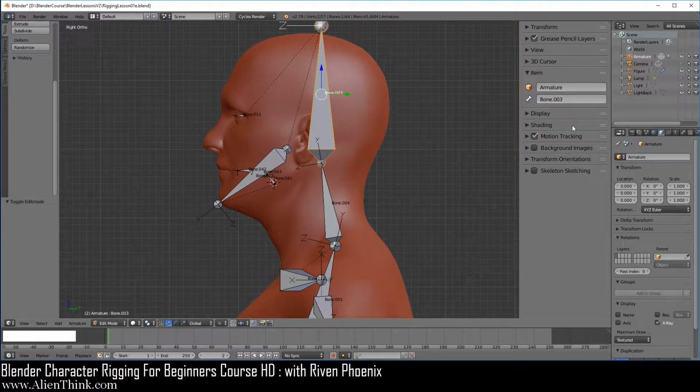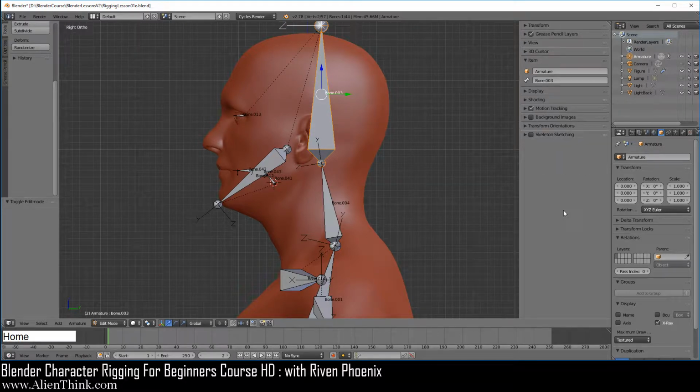Now, to reset this zoom, you have to click on the home button. So hover your mouse over here and press the home button on your keyboard. Now, since I'm on a laptop, I have to press the special FN key and press home. You'll see that'll simply just reset this.